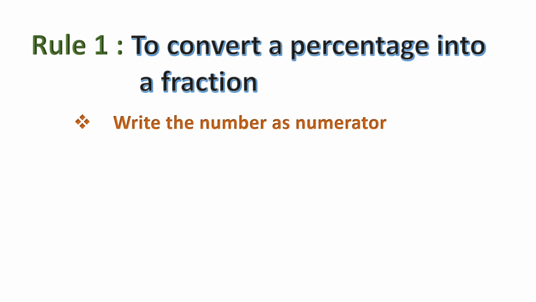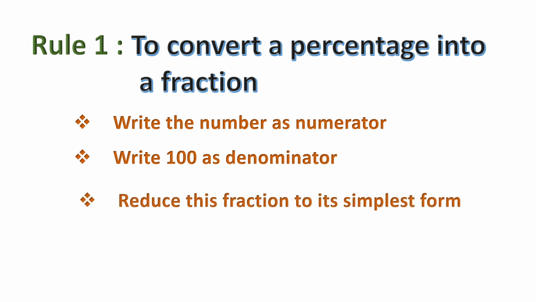That is the first rule. What are the steps? Write the number as numerator, write 100 as denominator, reduce this fraction to its simplest form. Example,